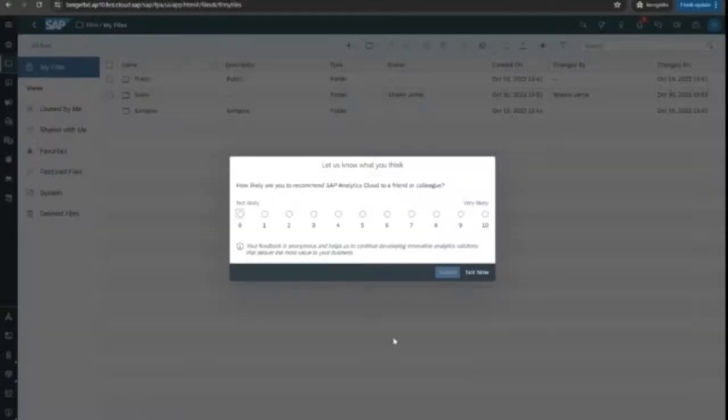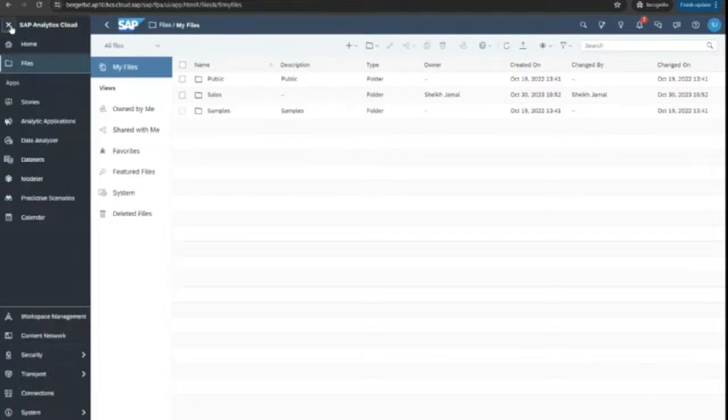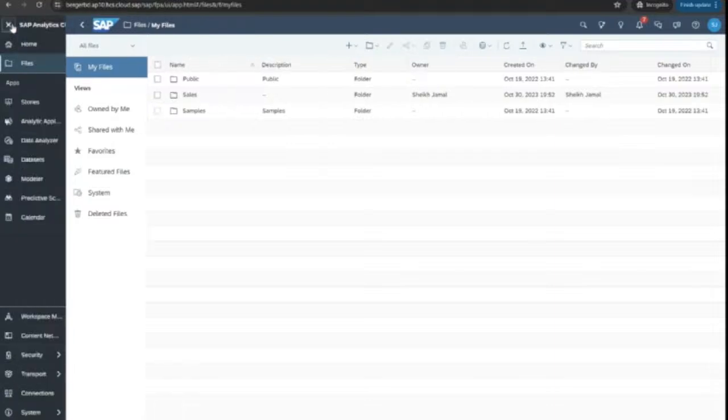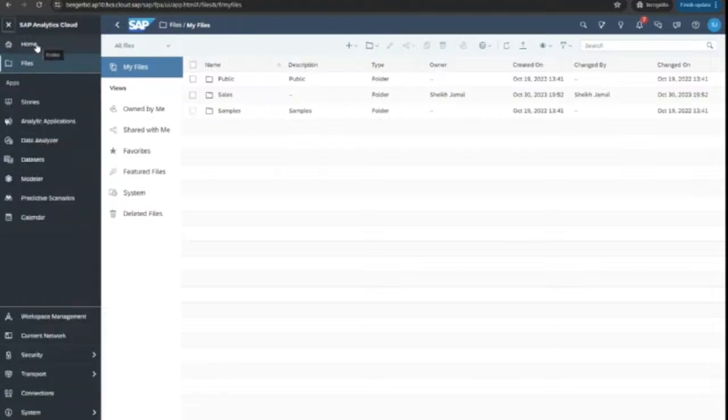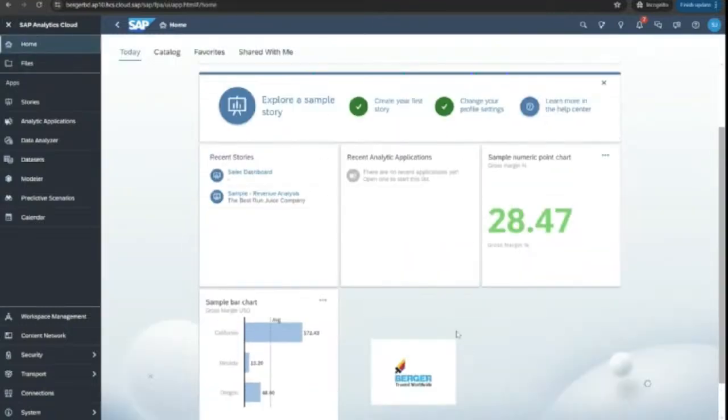So I already have connection to analytics cloud system. This is a live system we have got here for all of you to be able to demonstrate the end-to-end scenario. And in this system, we will obviously have a detailed walkthrough in our main classes. But on the left, you can see the burger icon, which will open a context menu. And that's where you can see the home, a home page of your dashboard, all the analytics which you want to show at the home page.